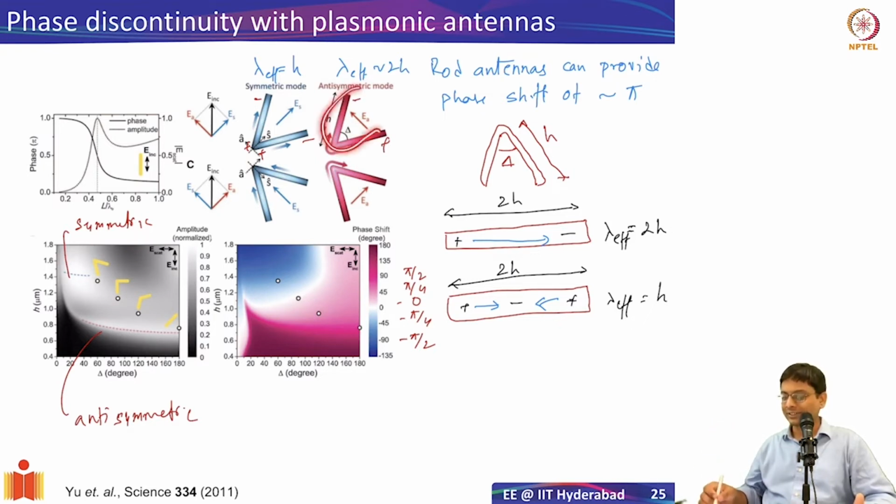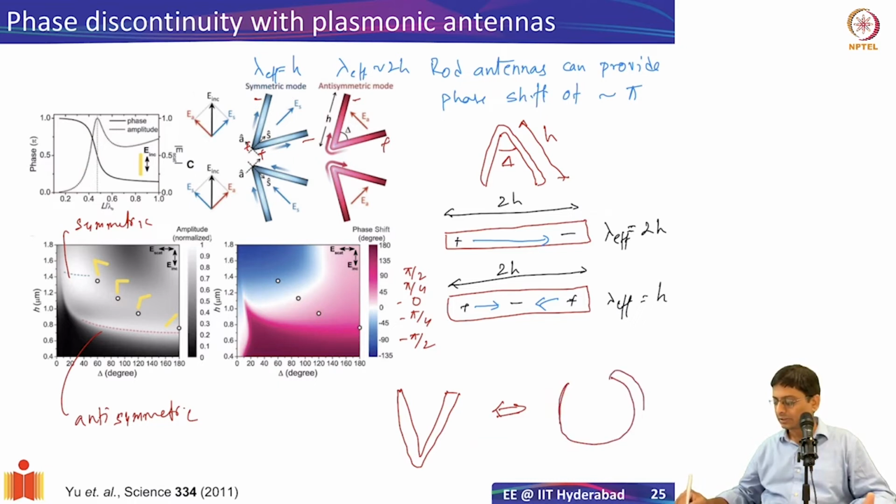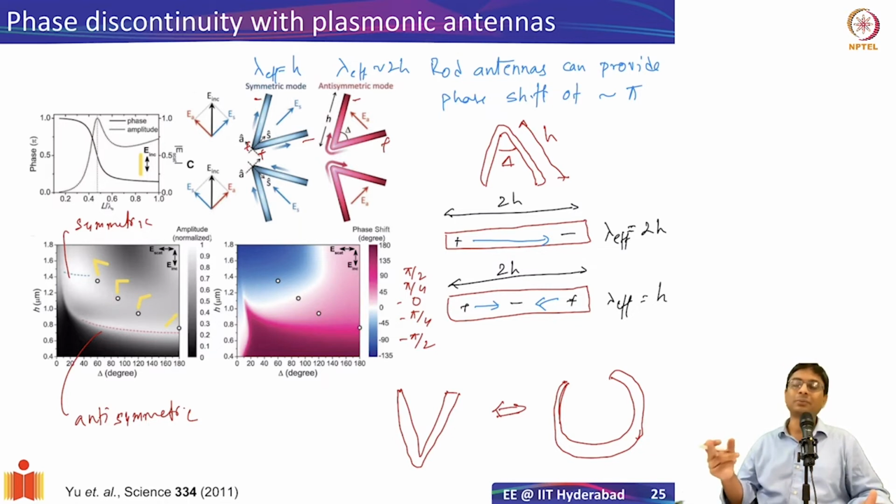You can think of this V antenna in the anti-symmetric mode as somewhat equivalent, at least. It's not ideal, of course, there are going to be differences, but it would be similar to a structure like this, a split ring like this, where you have a circulating current, and because of that, there is a magnetic field. So definitely, there will be parallels to that. If you look at the magnetic response, you will see that the effective permeability is not going to be 1, but something different from 1. How strong, we have to see.